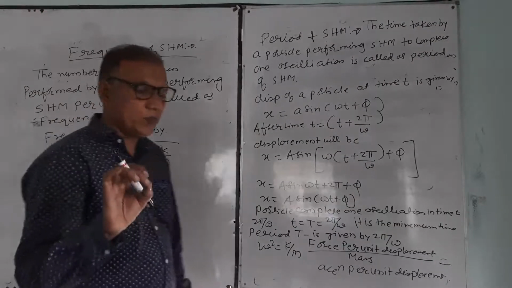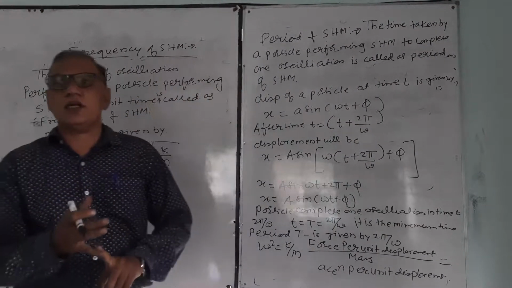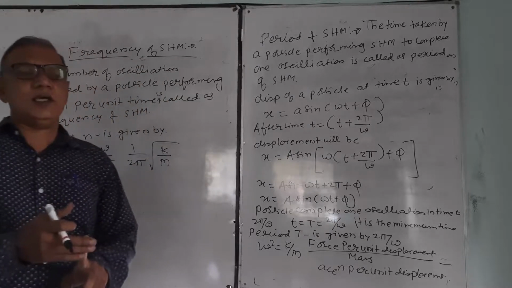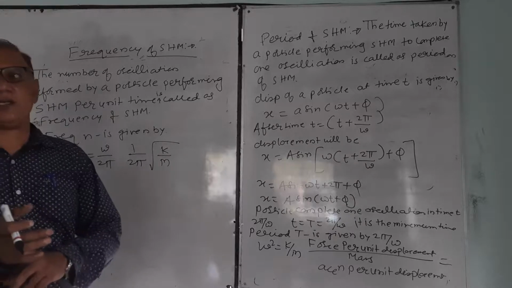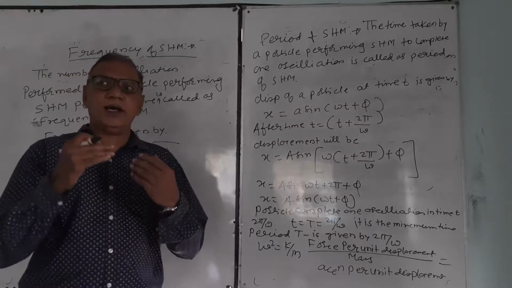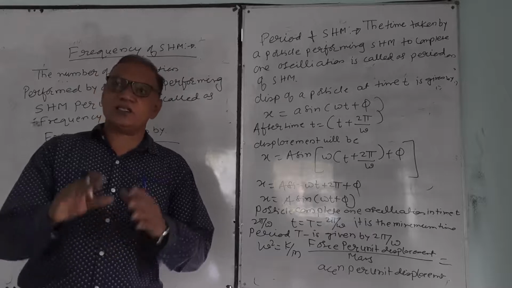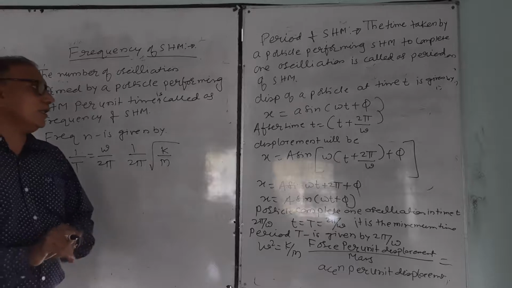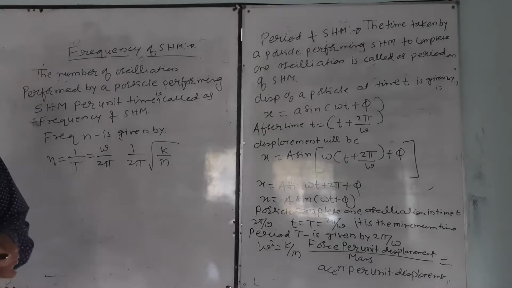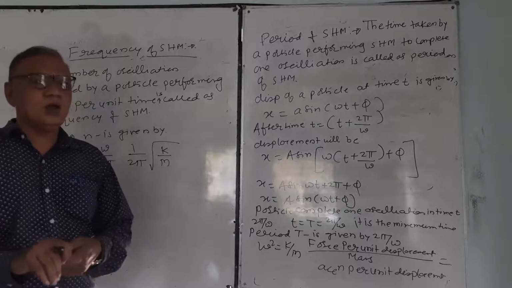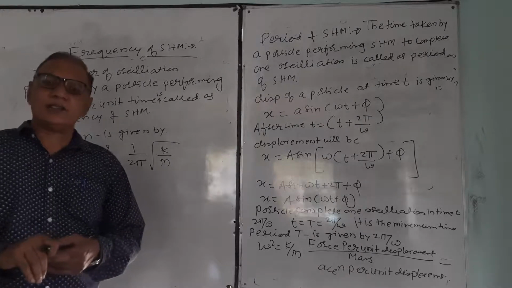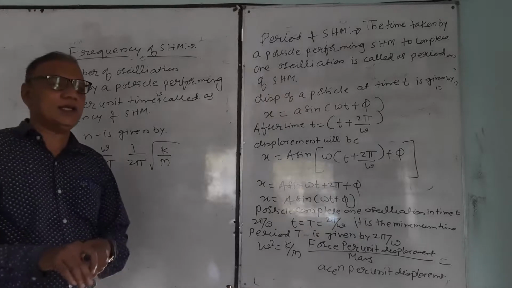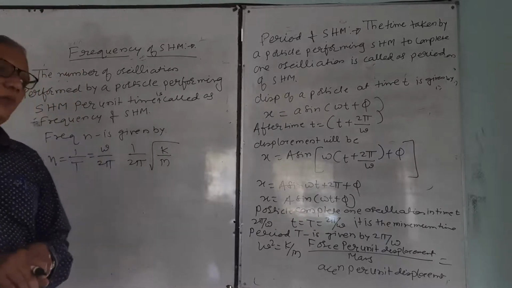Today we will discuss three important points. Expression for displacement of a particle performing SHM. The final equation is x is equal to a sin of omega t plus phi. After that we will discuss maximum and minimum values: when the particle starts from the mean position and when it starts from the extreme position. When the particle starts from the mean position, x is equal to a sin of omega t, and when the particle starts from the extreme position, it can be written as x is equal to plus or minus a cos of omega t.